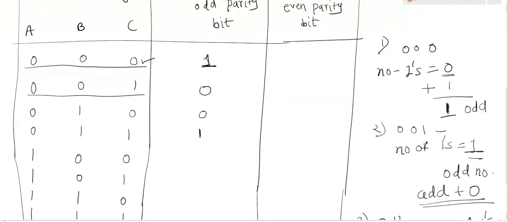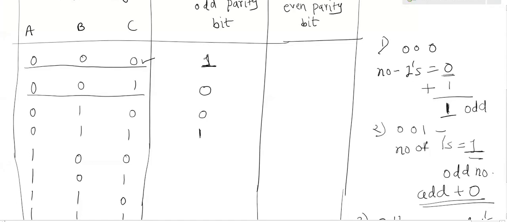Remember, again I am repeating. The parity bit is the extra bit which is added together with a message while transmitting data from the transmitter to the receiver side. The odd parity bit will be 1 when the number of ones in the sending message is even and we want to make it odd. When the message to be sent to the receiver has an odd number of ones, then the odd parity bit will be 0. Clear?